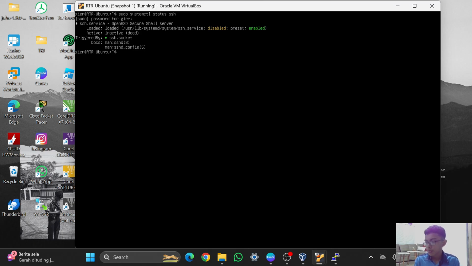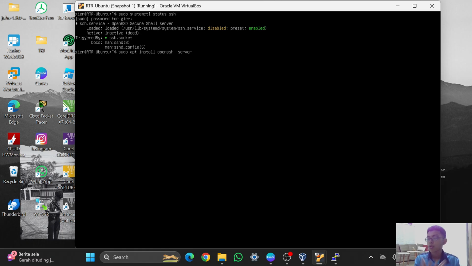If you haven't installed SSH, you can just use sudo apt install openssh. For example, because here I want to remote the server, I can add dash server.